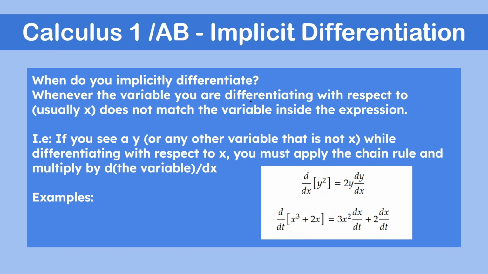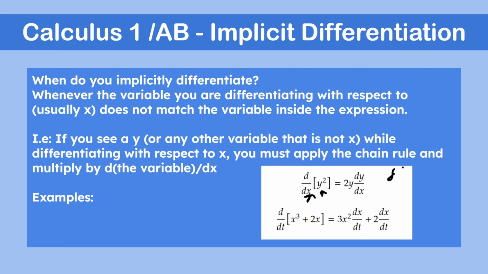So how do you implicitly differentiate? Well, whenever the variable you're differentiating with respect to, which is usually x, does not match the variable inside the expression, you are able to use the chain rule to solve it. So if you see y or any other variable that is not x, then you implicitly differentiate by using the chain rule. We do the same thing as if it were x, but we multiply by dy dx,